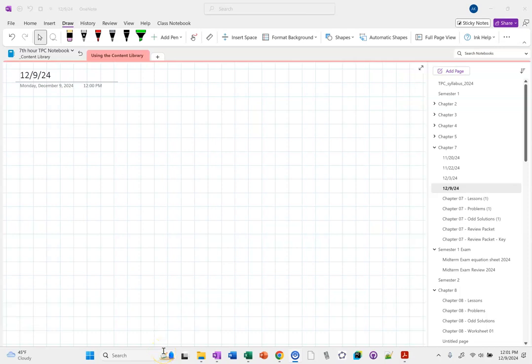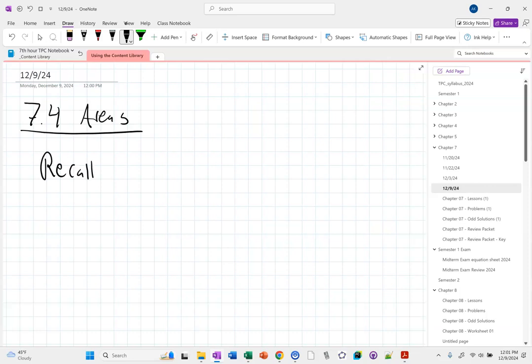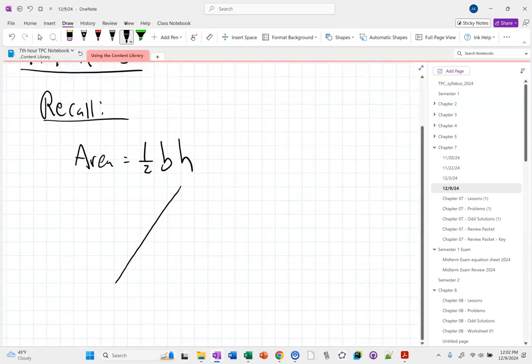So the last topic here in chapter 7 is all about areas for triangles. Recall back from geometry, the area for a triangle you probably learned was 1/2 base times height, right? Here's the catch though. If it's not a right triangle,